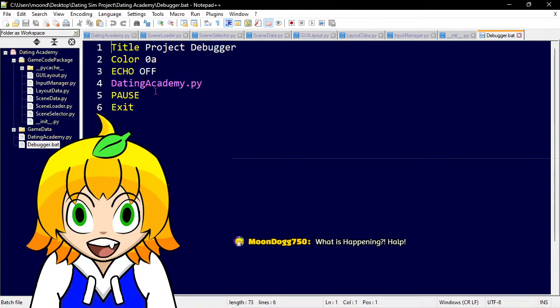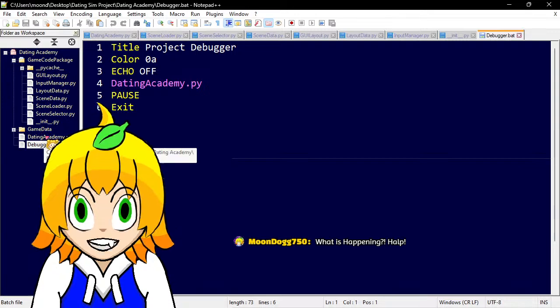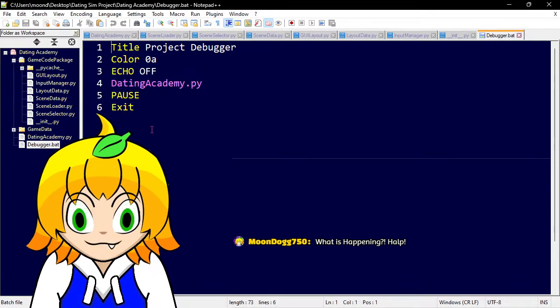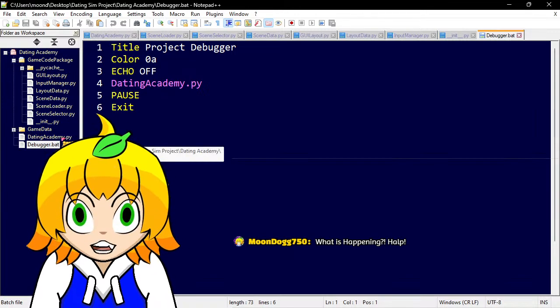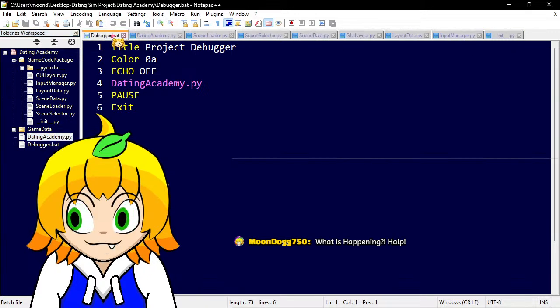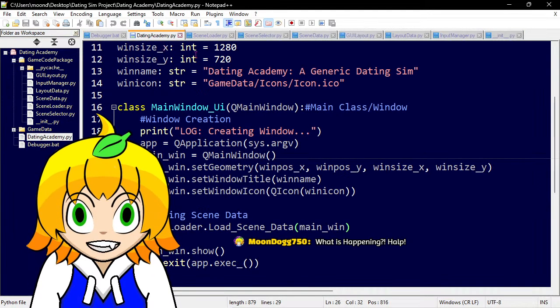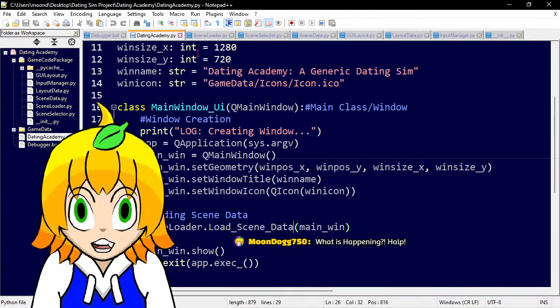Anyway, this is all just basic programming. Very simple stuff, that for some reason took me like 5 years to understand how it even worked or how to even do it. So I try. Now, that's our debugger. We go into the dating academy.py, which is our main program folder.